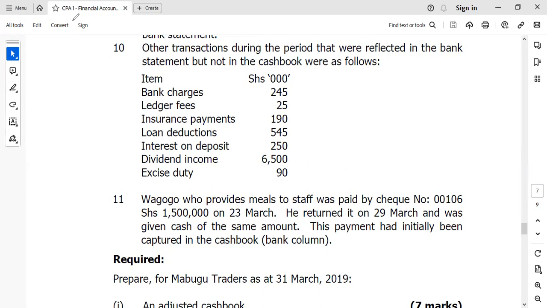So Mabugu Traders, of course, paid Wagogo by check worth 1.5 millions. But of course, this check was returned 6 days after, and this Wagogo was given cash instead of the same amount. But the payment had initially been captured in what? In the cash book. So what you have to do with this is very simple. Cancel out the payment. So simply add debit